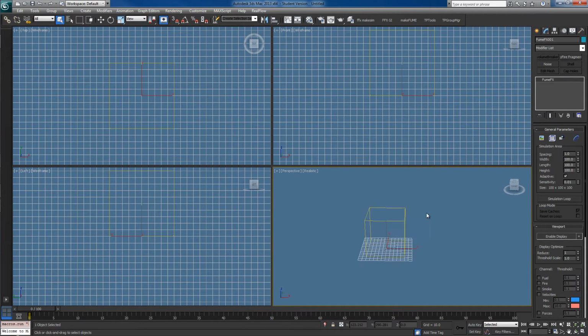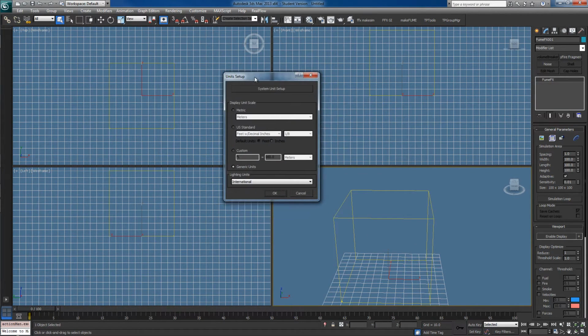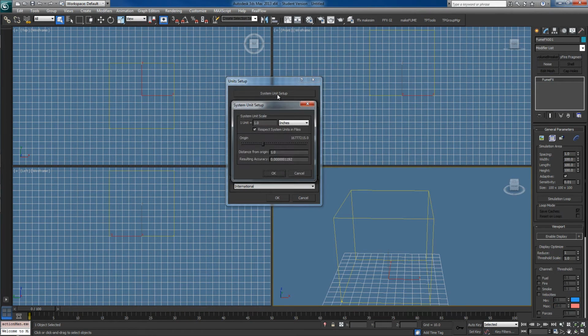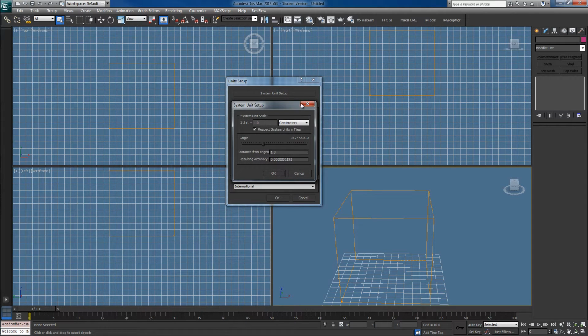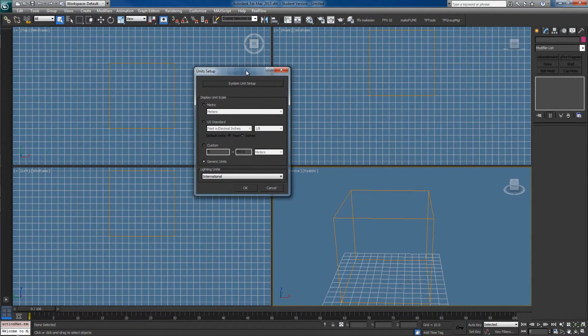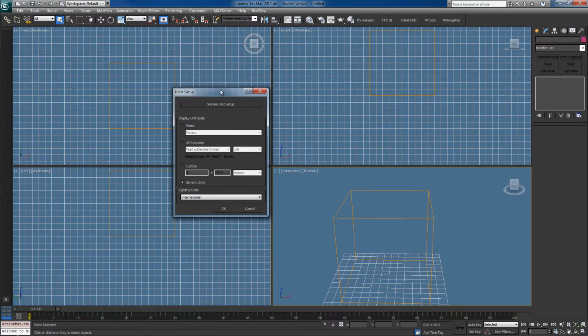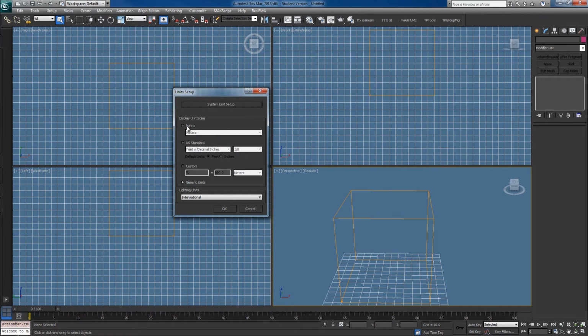So, just so you can work along with me, if you go to Customize Unit Setup, my generic units is set up to, actually I should make this centimeters. Usually I work in centimeters. In Fume you have all these options, like turbulence 0.05, and it doesn't really make sense to say 0.2 meters turbulence. So usually I just leave it at generic units, but I do have it represented as centimeters right here. But I'm going to make this to scale, so real quick I'm just going to make this metric,